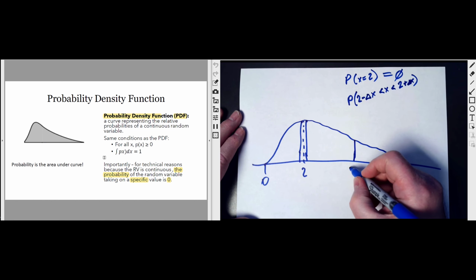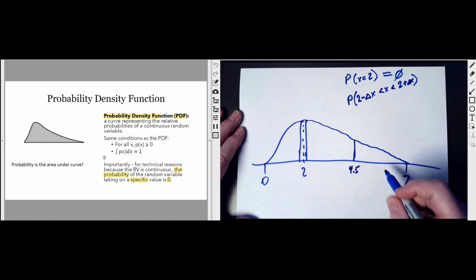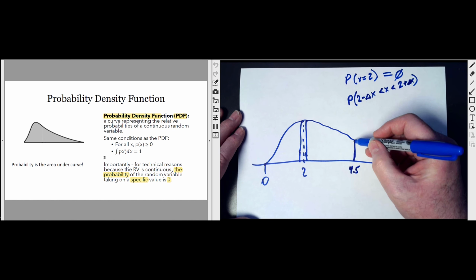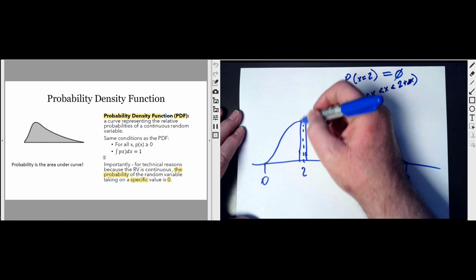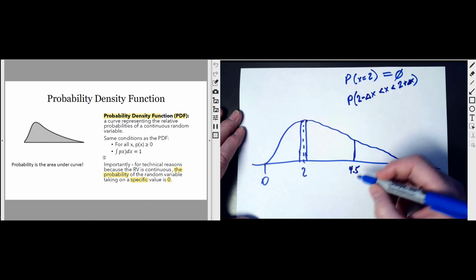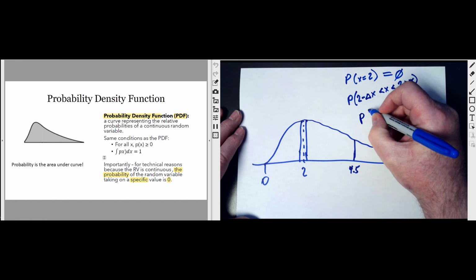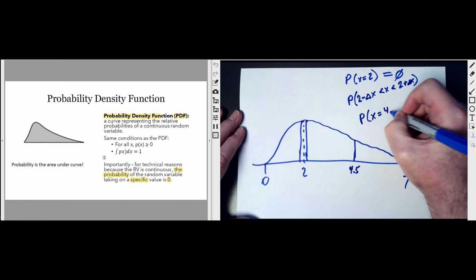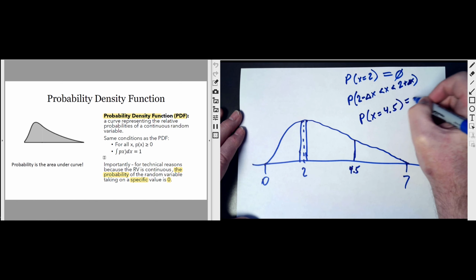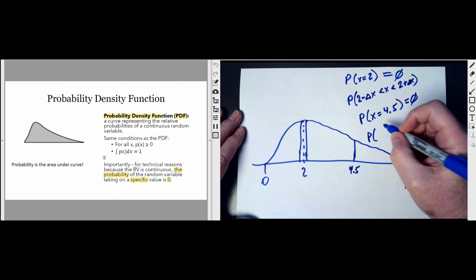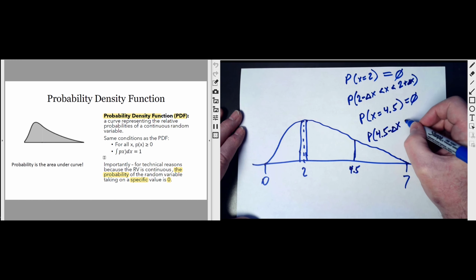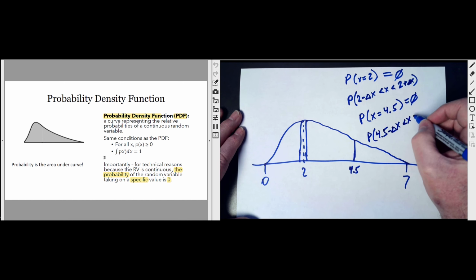Maybe this is 4.5. I don't know. Notice that the density function here is about half as high as the density function around 2. It's still going to be the case that the probability of x equaling 4.5 is 0, but the probability of being within an interval of delta x around 4.5